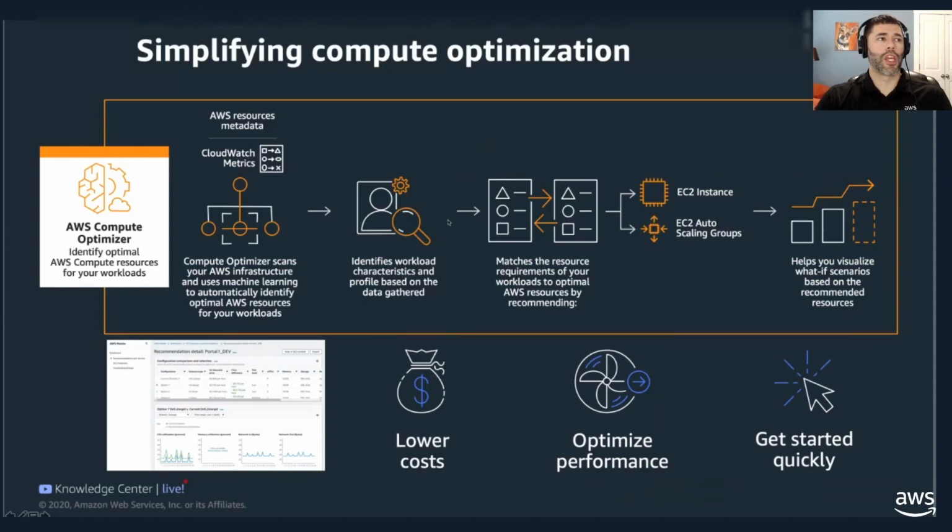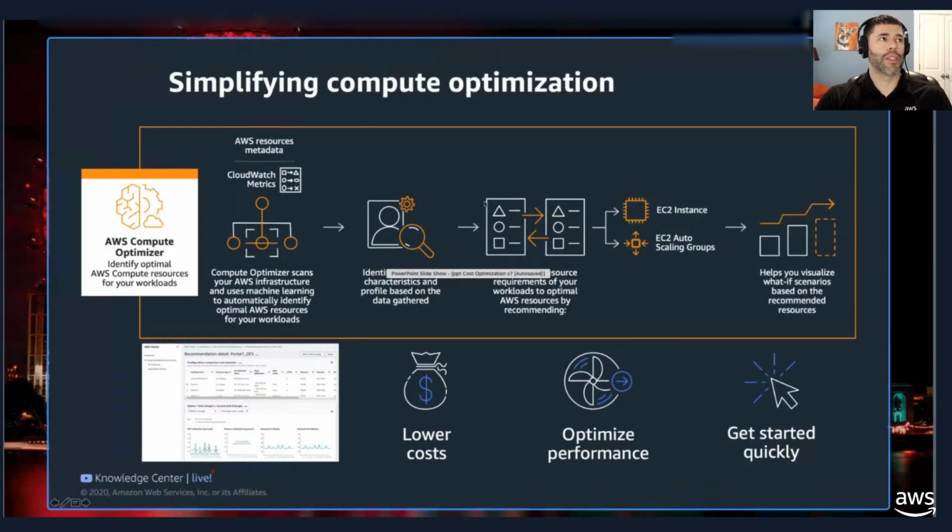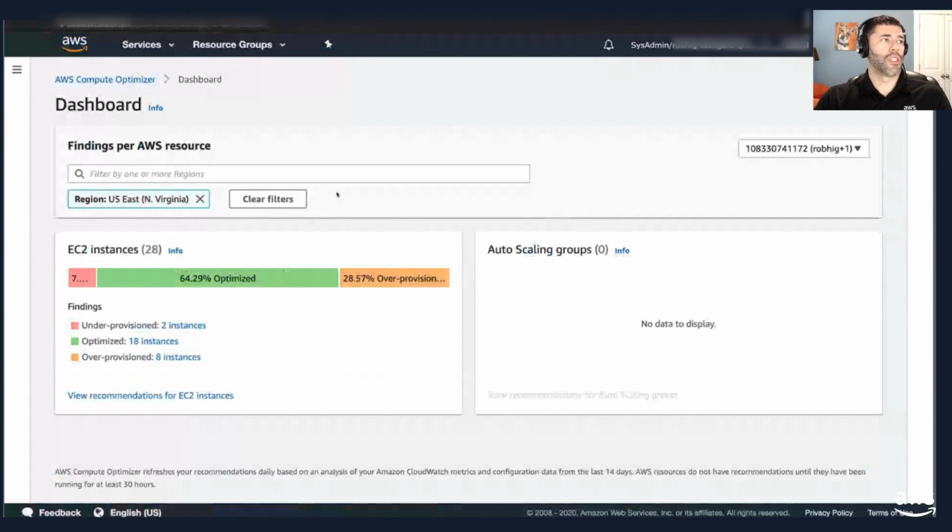So I do want to show really quickly what this actually looks like in the portal itself. So this is a view of what Compute Optimizer looks like. The first time you come to the console, it's going to ask you to opt into using the service. And like I said, that's basically saying that you're letting the service look at your CloudWatch metrics to collect your memory and CPU usage, because normally we don't collect a lot of memory usage information or anything on those instances, just for your security and such. And we're just basically allowing this to collect those metrics so we can build really good recommendations for you